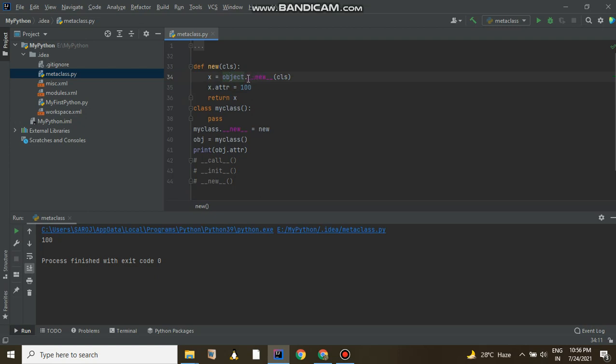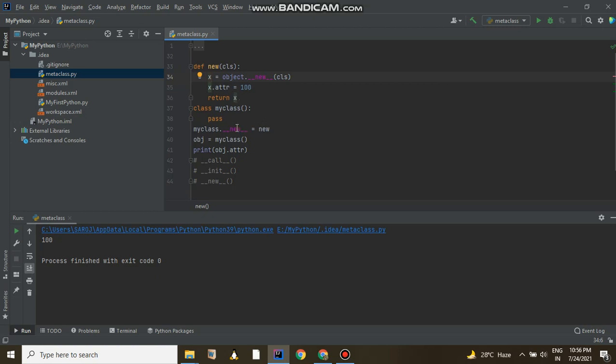is instantiated, or the object invokes its new function and passes this class as its object reference, and it will give you the x. That means this x is nothing but the new, you can call it the reference of new. And we are adding one attribute attr to it, assigning a value 100 and returning this x.